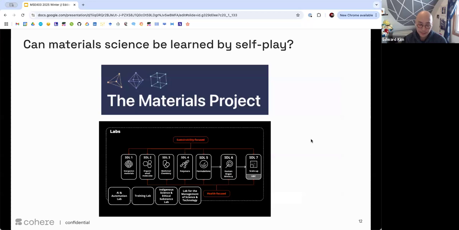Okay, so can material science be learned by self-play? The basic idea here is that Materials Project is one example, but there are plenty of materials property databases out there. You could think of those as analogous to the math contests floating around in the math evaluations, right? You have a prompt with a correct mathematical final answer. With materials, you have, in air quotes, correct answers, depending on the database and what you consider for correctness, whether it's computational ab initio correctness or empirical experimental correctness, whatever. The point is that